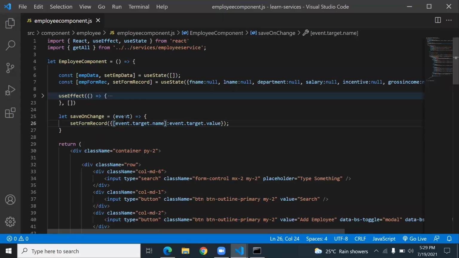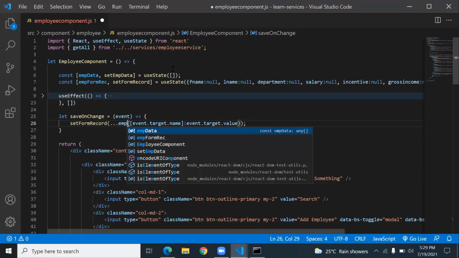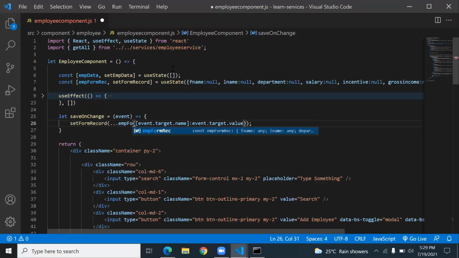I must start like this. In set record, I type emp form record colon. This is correct.